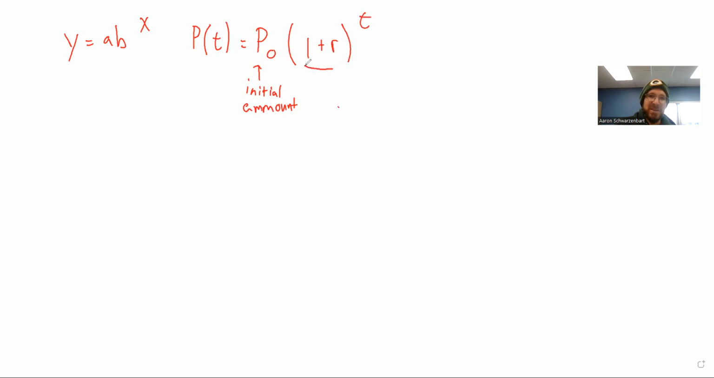This whole thing here is called the growth factor. If it's a decay factor, it would be 1 minus r. So I could put it as plus or minus. So growth would be plus, decay would be minus. If the growth factor is 1.2, then